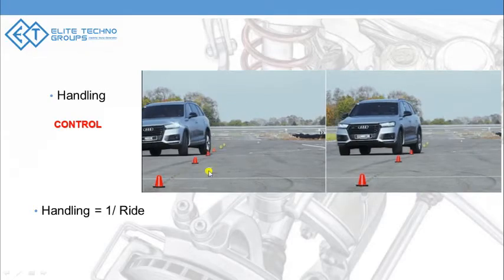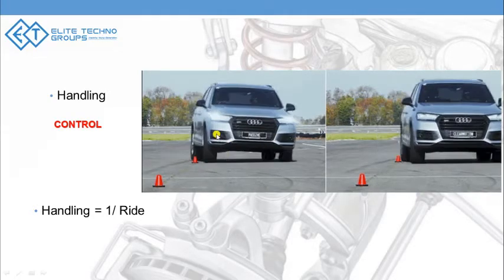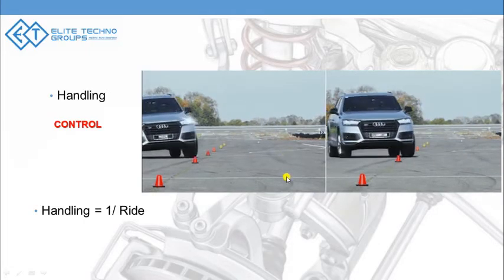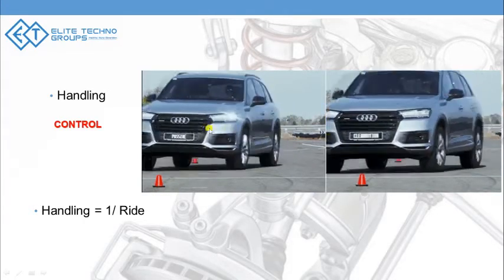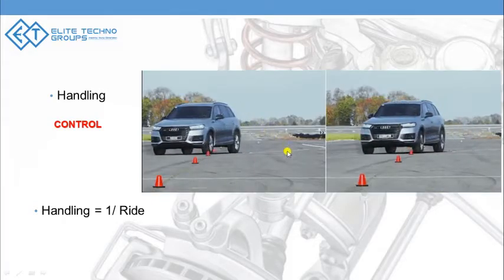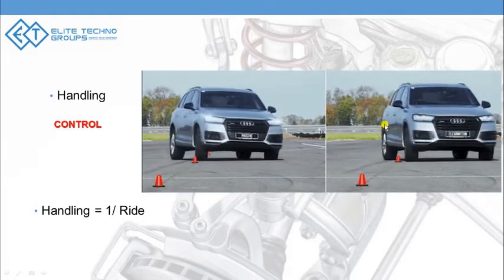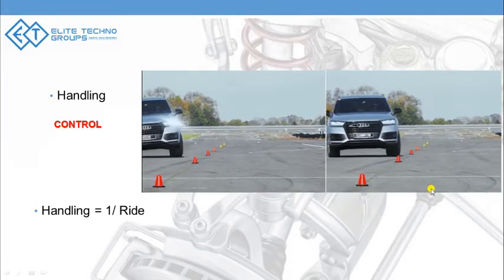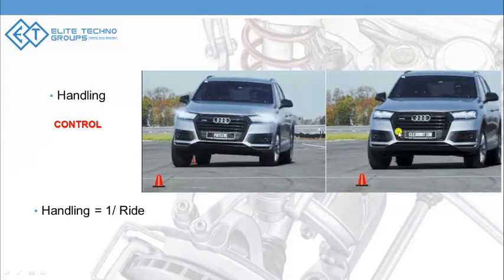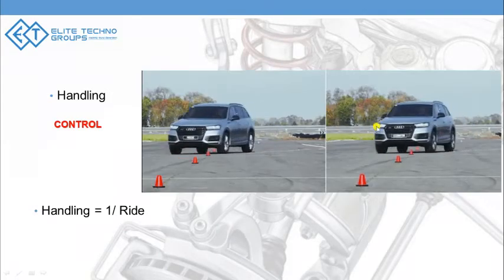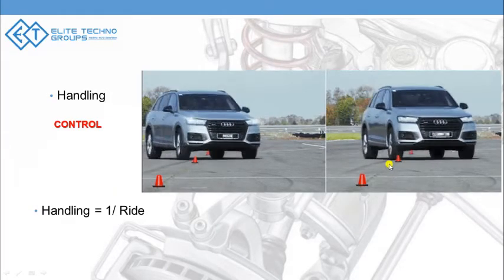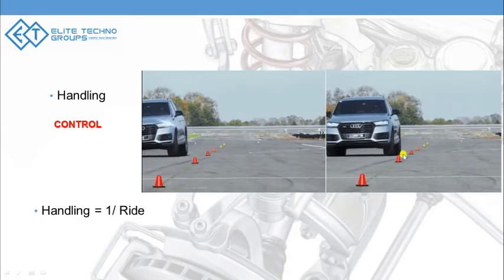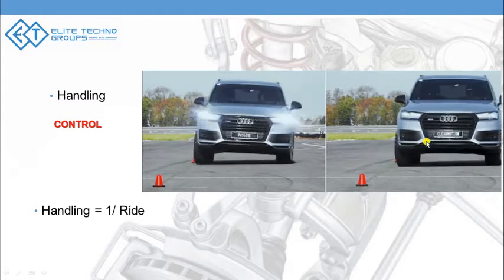What it does is, because of the rolling motion, the weight is transferred from the inner wheel to the outer wheel, because of which the normal force acting on the inner wheel goes down. So to maintain the maximum road contact patch, you would want a much harder suspension so that the suspension doesn't compress, thereby pushing the wheels down to the ground and maintaining 100% handling, 100% road contact